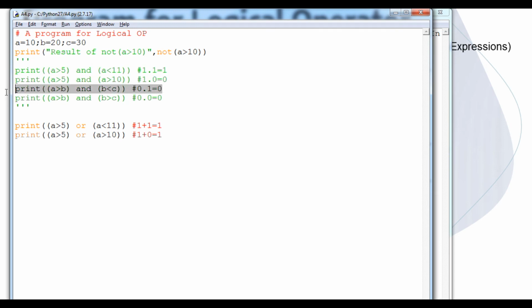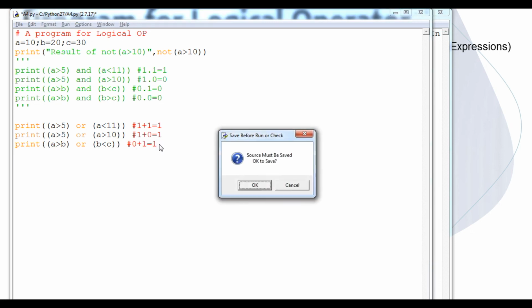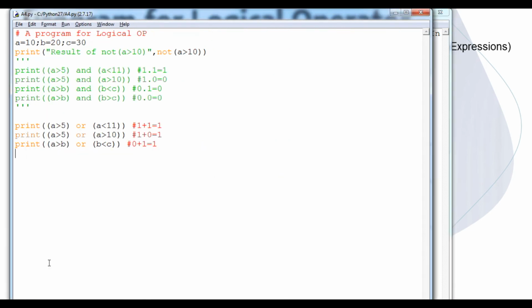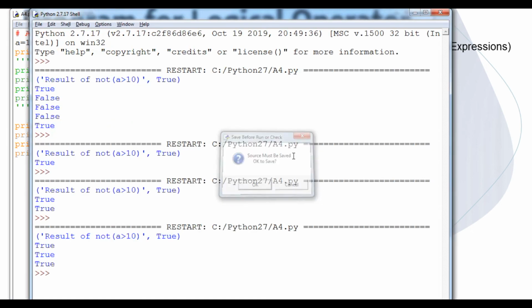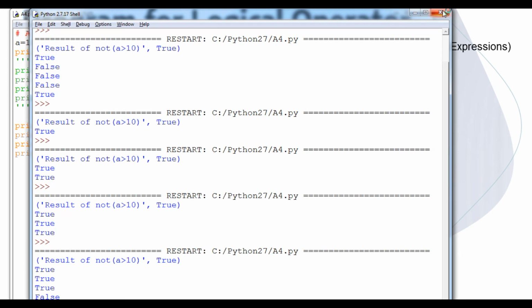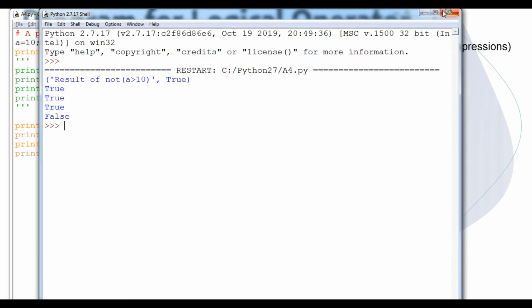And third, I will consider in this example the third condition. In the third condition, I am also using the OR operator. That means plus, it will again be 1 because true. So now you can see the third one is also true. And the last statement is definitely false because both conditions are false. So here 0 plus 0 will be definitely 0. Now I will show you the output again. You can see that the fourth one is false,